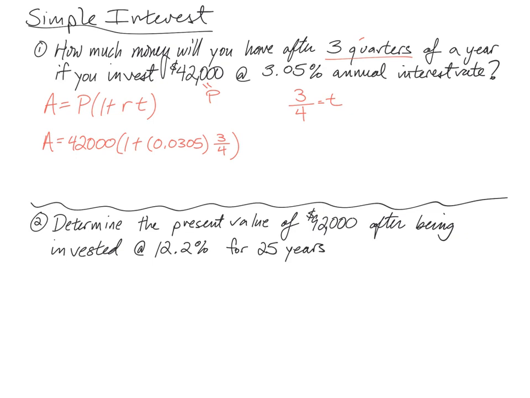All right, so if you're doing this and you're trying to figure out an accumulated amount, a future amount, there's no solving to be done. So what's really nice about this is that you can simply substitute everything in and crunch it out on a calculator. And you should get A equals, the accumulated amount is